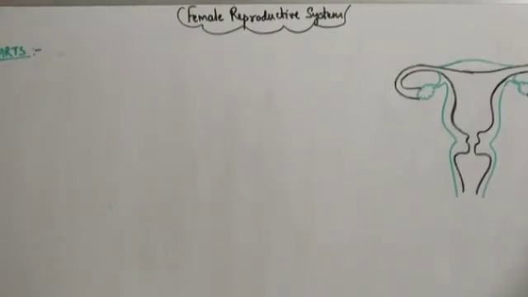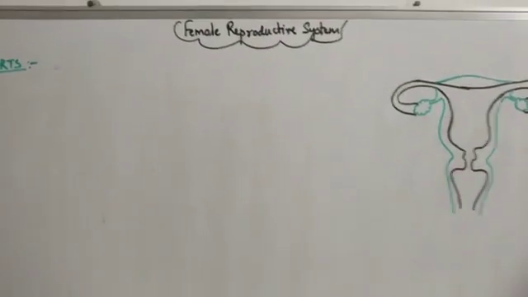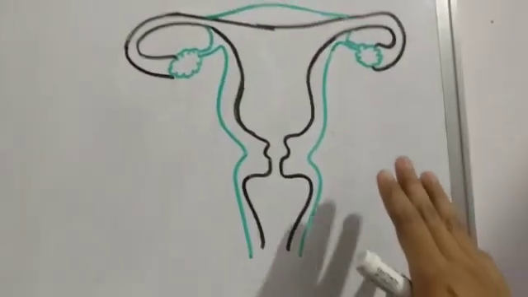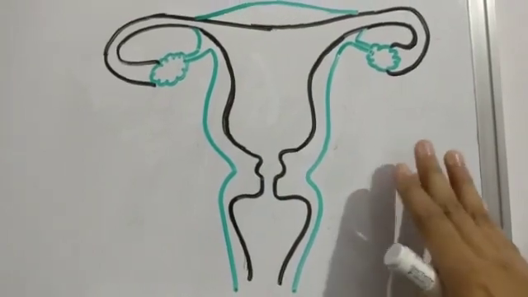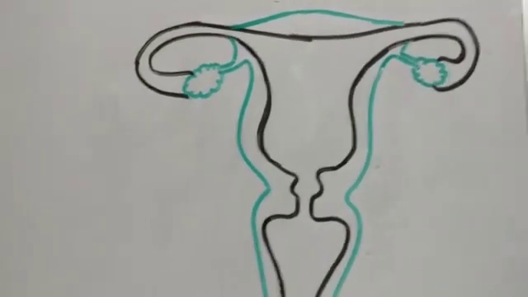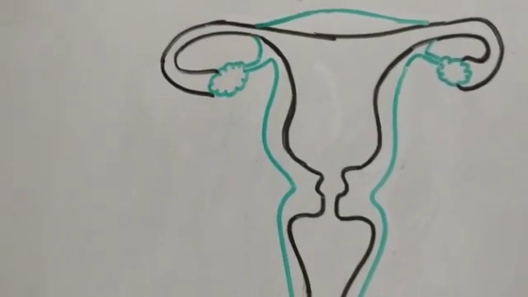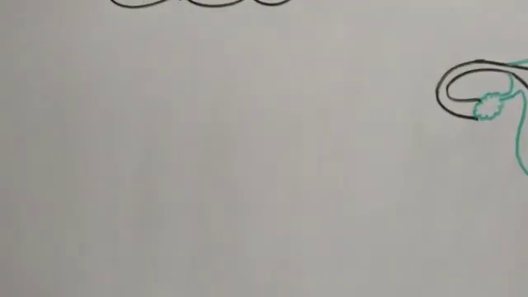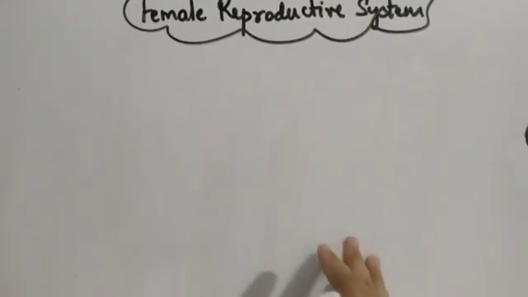Let us move forward with our next part of the chapter, that is the female reproductive system. As you can see, I have already drawn a rough diagram. You can refer to the one given in the textbook, and you have to practice both the male and the female. Keep in mind that the female reproductive part deals with most of the reproductive procedure, creating an individual, so here you will learn a lot more detail as compared to the male reproductive part.